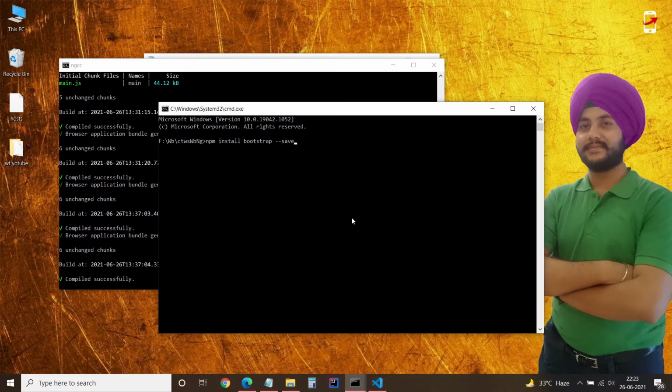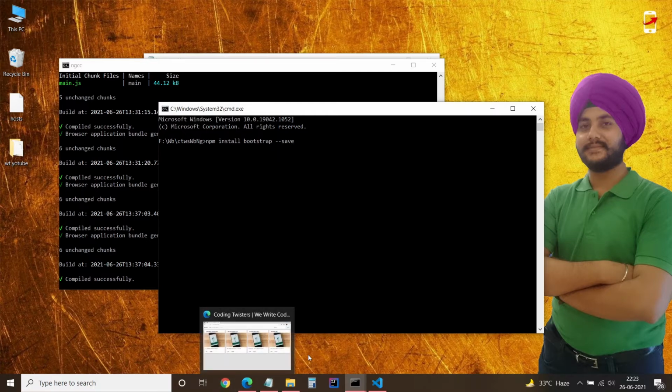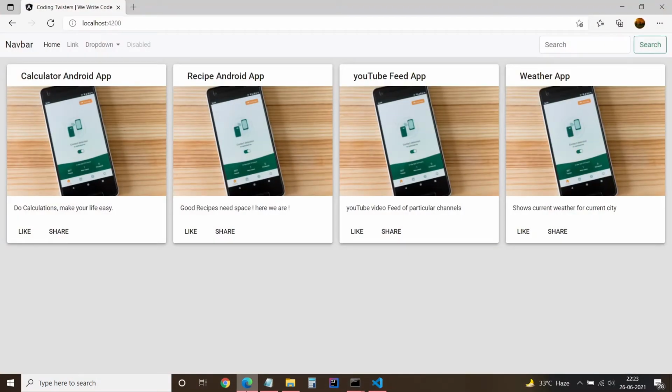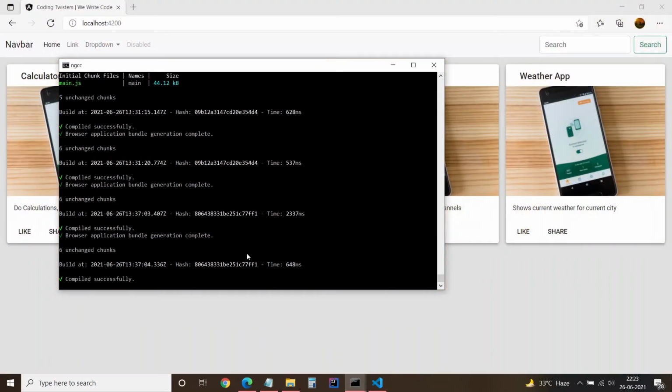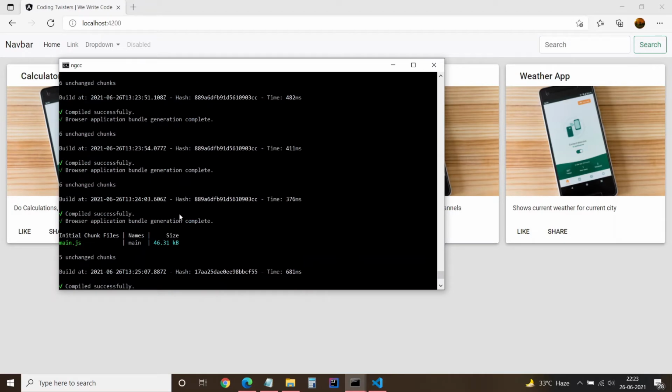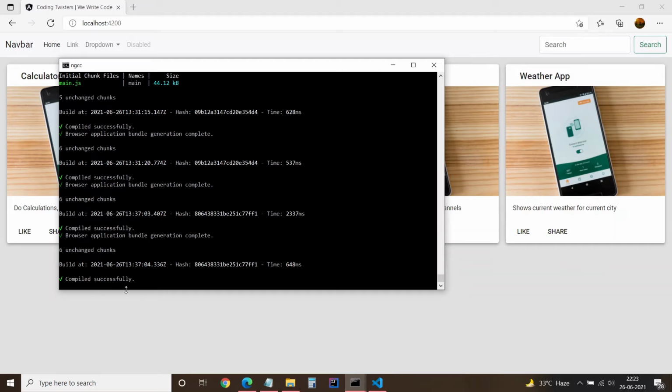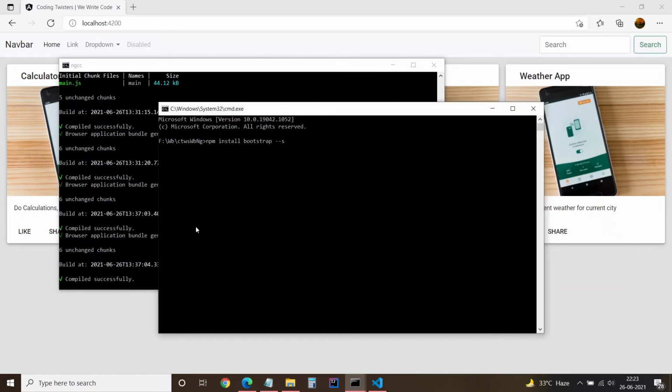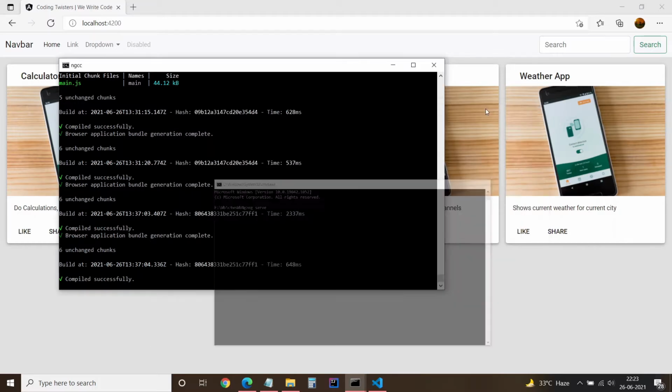So now the major question is how you can configure it in your live project. So let's try to use a live project. First you have to run your project using ng serve. I've already run my project. Okay, it's showing compiled. You can run your Angular project this way.